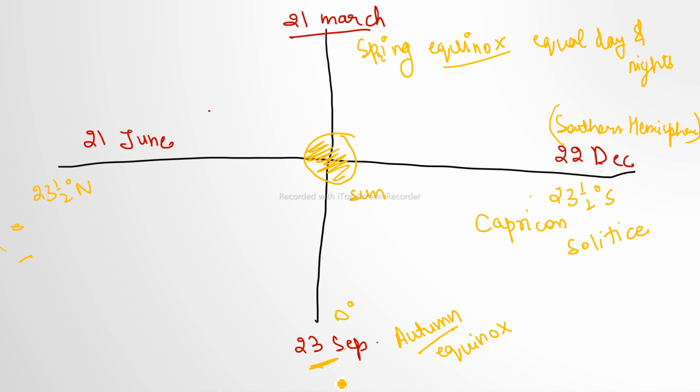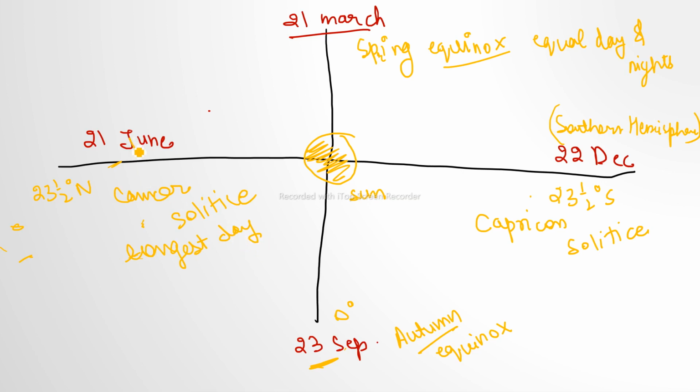So we all know that around September we have autumn. And on around 21st of June, another solstice is going to take place here. Here the Cancer solstice is going to take place, because there it was Capricorn. Here one experiences the longest day. Okay, the longest day is experienced here.